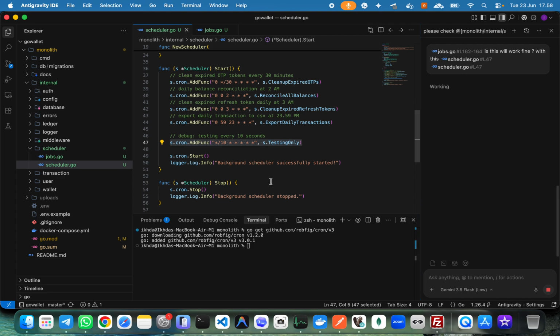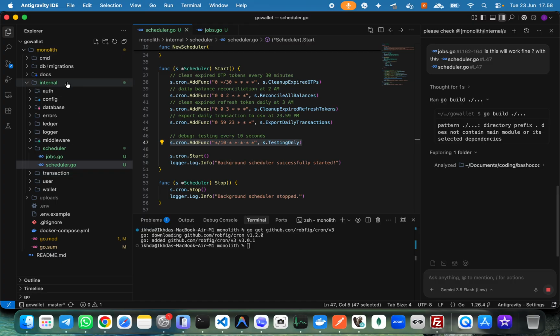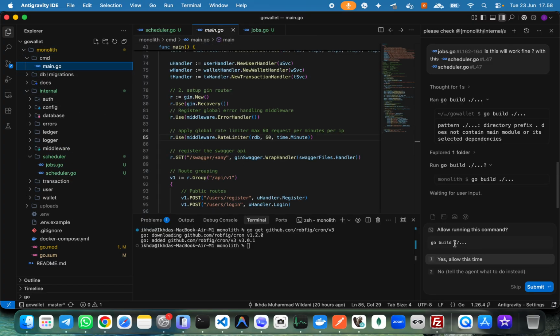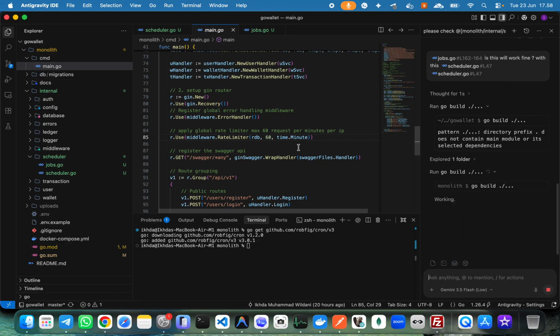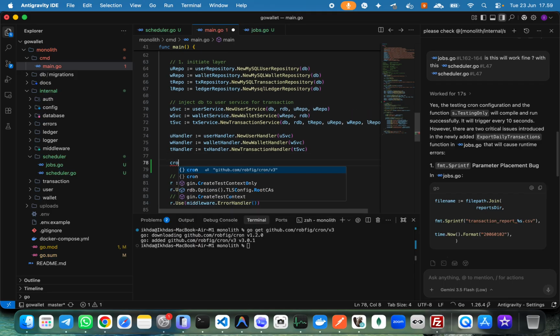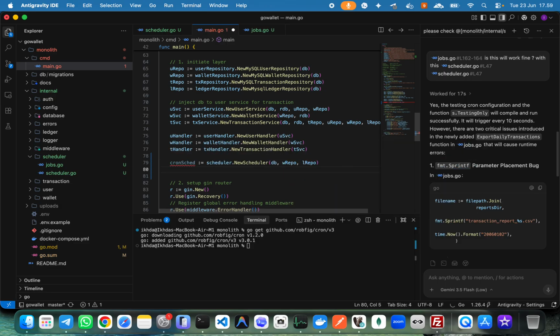Okay, let me check. Google. And while waiting, I want to go to cmd/main.go, and I want to initialize the background server before the gin.New. I want to create a background scheduler and a new scheduler DB repo, and then the repo, and then here cron schedule start,